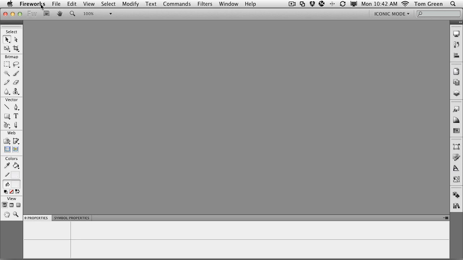In this exercise, what we're going to do is create our own custom jQuery mobile theme and apply it in Dreamweaver so that it can be sent to a smartphone, let's say. So to get yourself started, just open up Fireworks. It doesn't matter whether you open a new page or whatever, because the first place we're going to go is